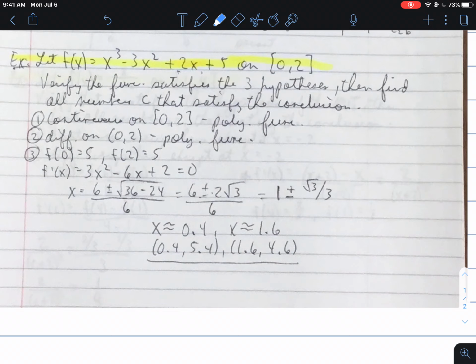So like I said, here's a typical question. Verify that the function satisfies the 3 hypotheses, and then find all numbers C that satisfy the conclusion of Rolle's theorem in this case. So I'll have to be specific as far as which theorem we're talking about. So first, do we have continuity over the interval? Well, I know that this function is continuous on the interval from 0 to 2 because it's a polynomial function,